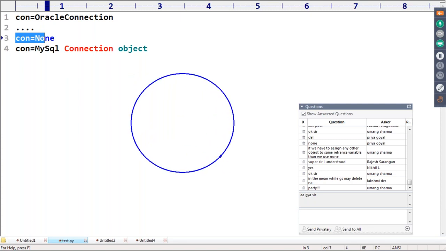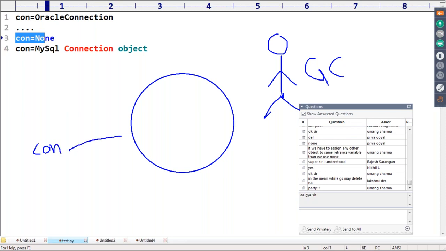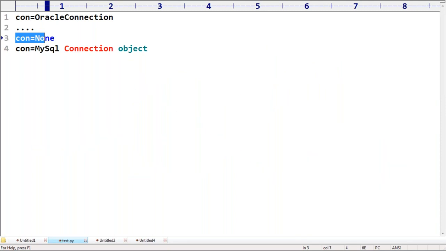I mean an object not having any reference variable. For the garbage collector, it is something like a biryani, man. The garbage collector is always full hungry, sir, eagerly waiting. When will I get biryani, when will I get biryani. If con is equal to None happens, because of that this link is gone, immediately the garbage collector is going to destroy this object.